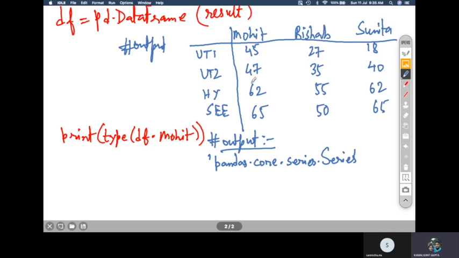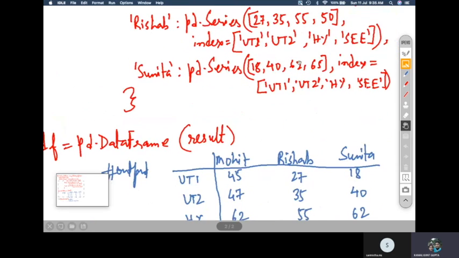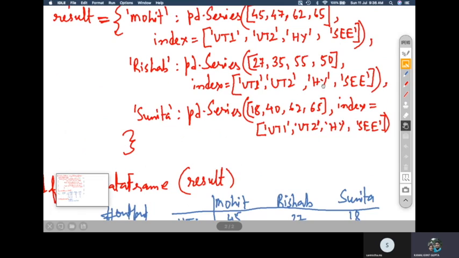Now let us create another series. Say for example, what will happen if I have different column names, different index names? Suppose in this same example I keep UT1, UT2 and half yearly, which is okay for these two.